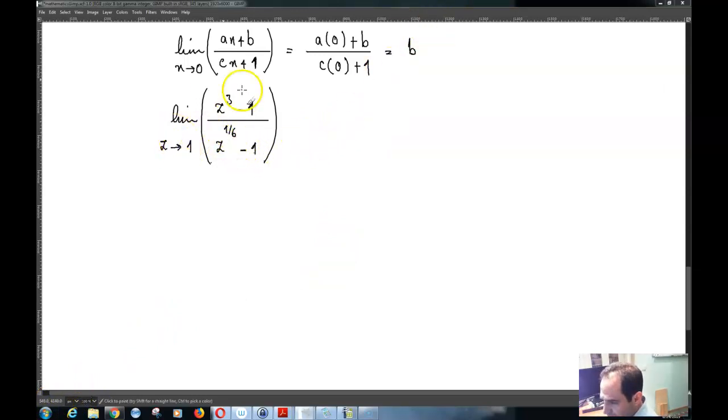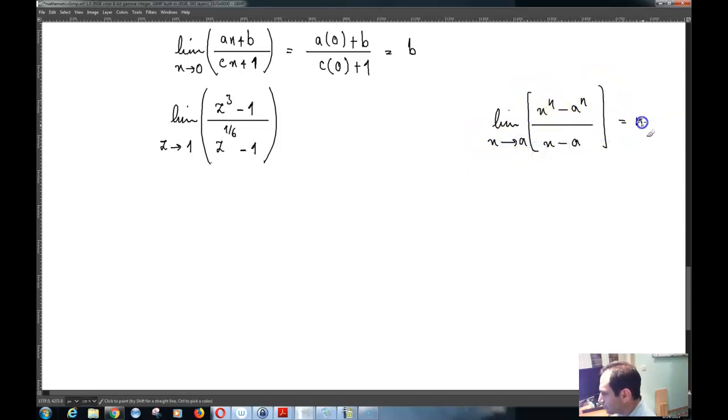Okay, so this one over here, we said that basically the limit of (x^n − a^n)/(x − a) when x tends to a is equal to n times a^(n−1). So you can basically make some changes to this in order to rewrite it this way. And the way that you can do it, you can write it as the limit of